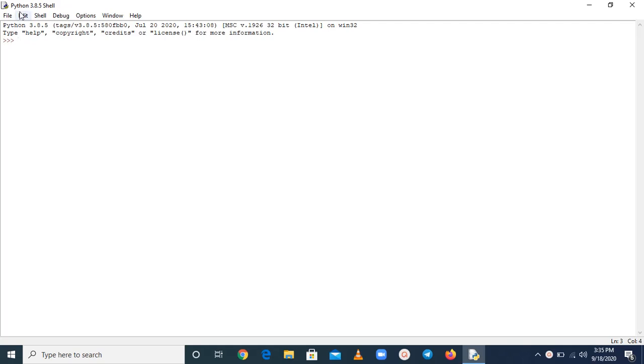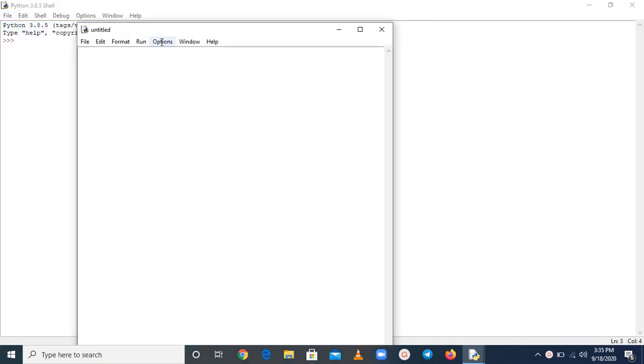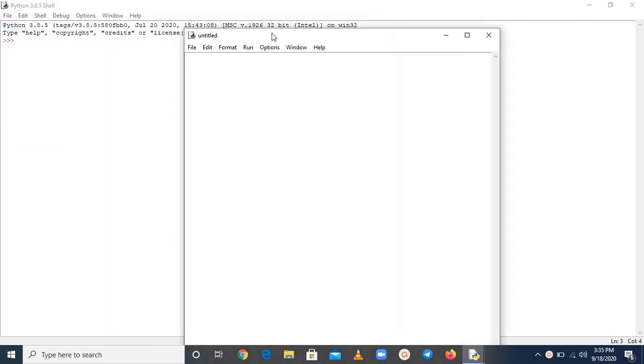Firstly, open the script window. In the first class I have already told you how you can open the script window. Just click on File and select New File, and this is your script window where you have to write code. So, the first method is where the value is already given. Suppose this is value 1, 2, 3, and 4.56 is the second. Okay. Now, you have to perform addition.